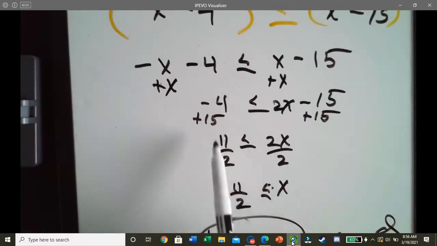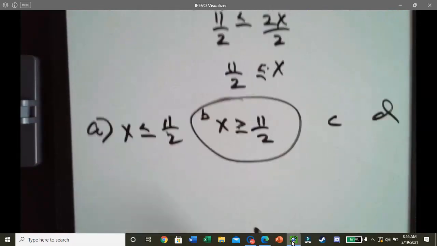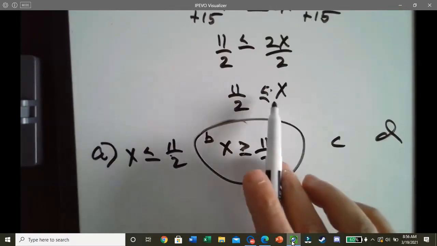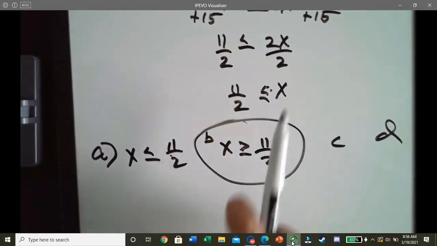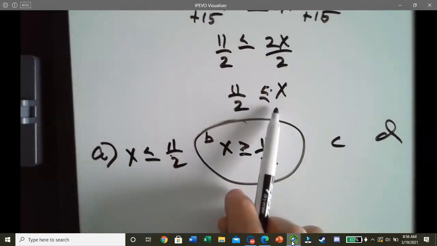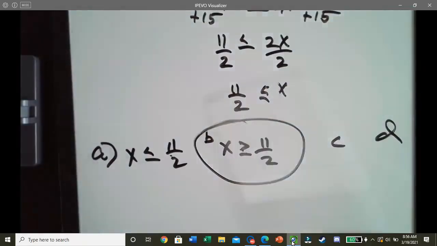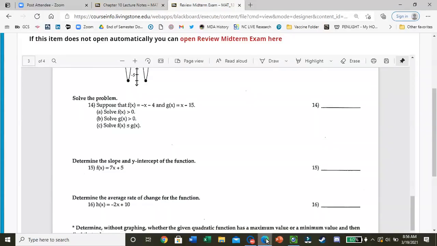That's why when you multiply or divide by a negative, you have to switch that inequality sign, because you have to have the same answer whether you have x on the right or the left side. Here we had x on the right, so we didn't end up with a negative x, right? So we didn't have to switch the inequality sign because x switched sides, right? So be careful with that, all right? Okay. Number